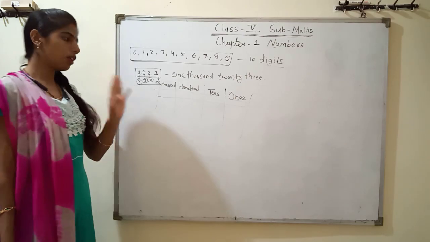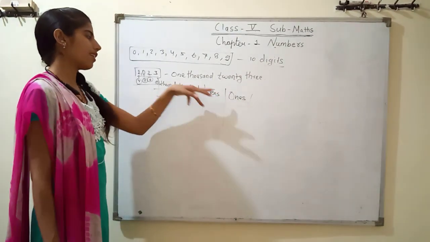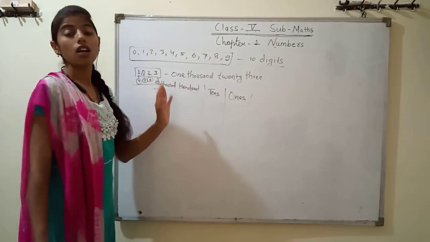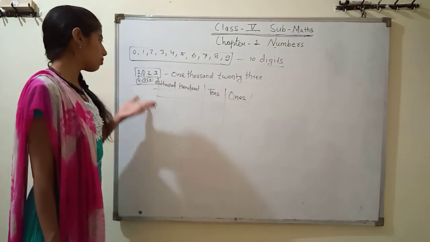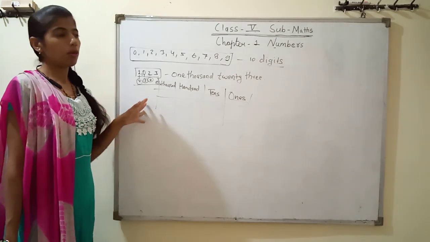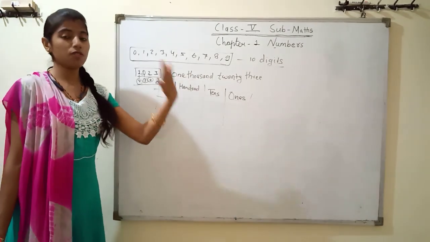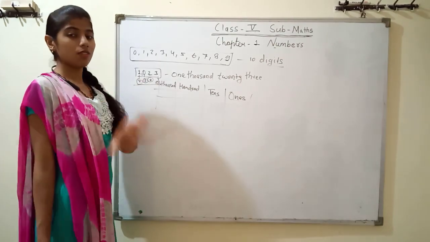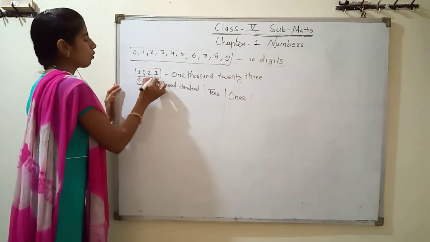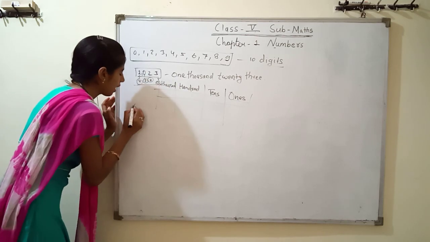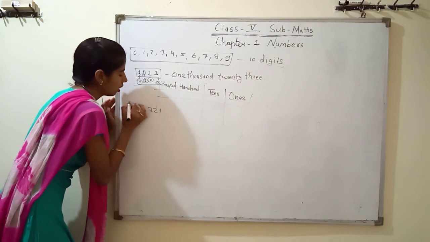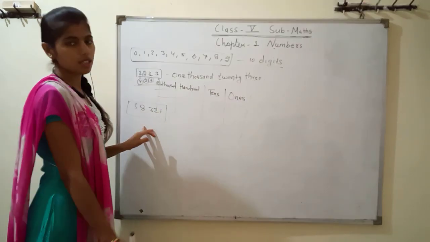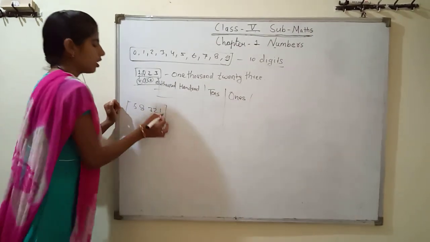For a 4 digit number what do we use? Ones, 10, 100 and 1000. But in your 5th class we read up to 5 digits. Up to 5 digits means there are 4 digits also, but up to 5 means more than 4. If there are 5 digits, I will make here 5, 8, 3, 2, 1. If you count here 1, 2, 3, 4, 5, then its total is 5.